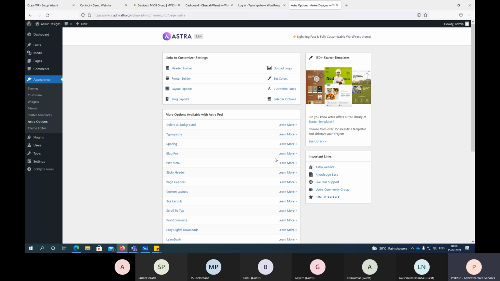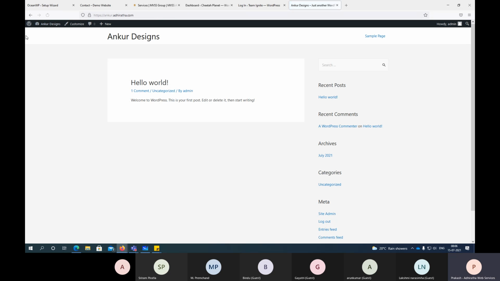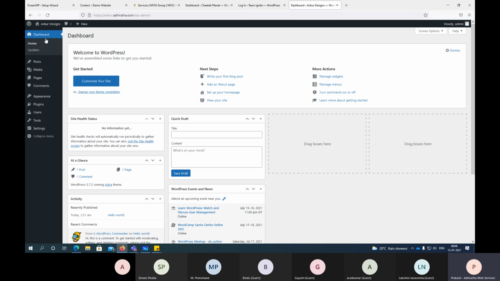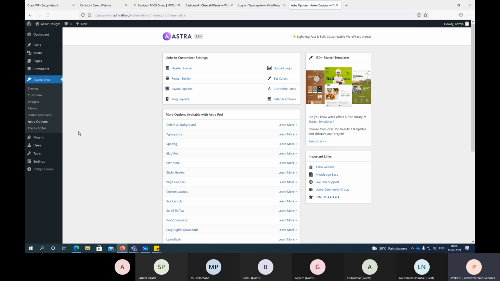So this particular theme's related options you will get here. Not for all the themes you will get like this. So each theme will have different functionalities. And on the left hand side, you can see how many functionalities you have. That means, let me click on dashboard. See, now just count. You have a dashboard, you have post, media, pages like this. 1, 2, 3, 4, 5, 6, 7, 8, 9, 10, 11 options are there, right? So please make a note. There are 11 options.